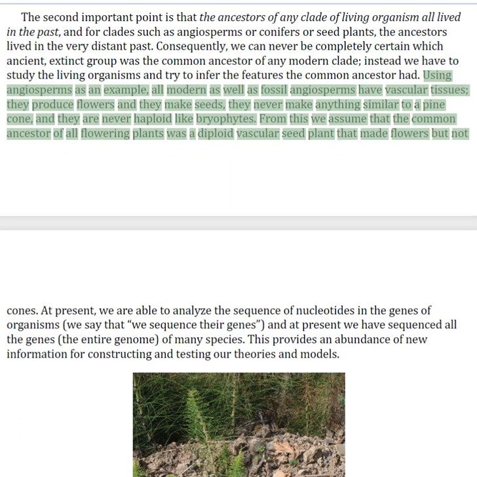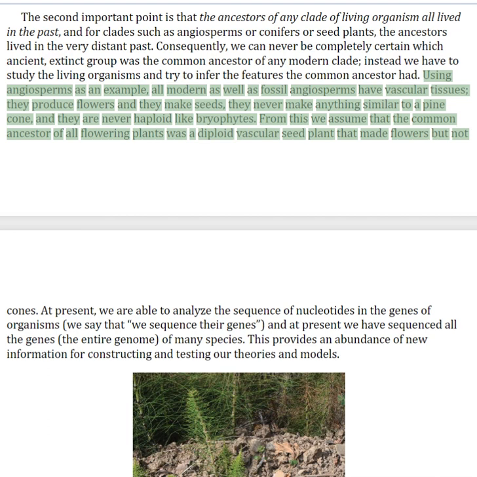Using angiosperms as an example, all modern as well as fossil angiosperms have vascular tissues. They produce flowers and they make seeds. They never make anything similar to a pine cone, and they are never haploid like bryophytes. From this we assume that the common ancestor of all flowering plants was a diploid vascular seed plant that made